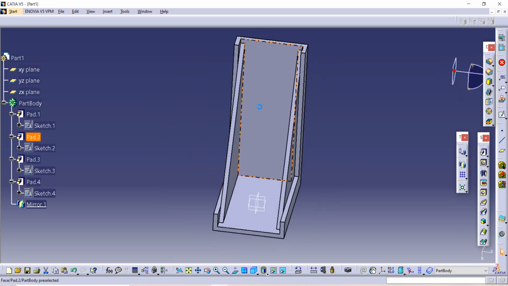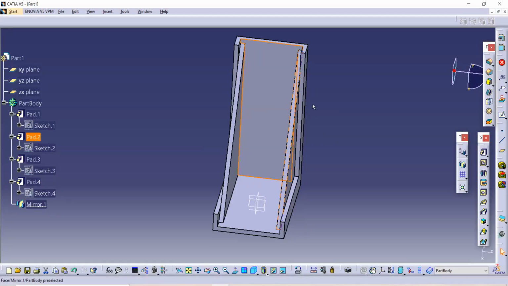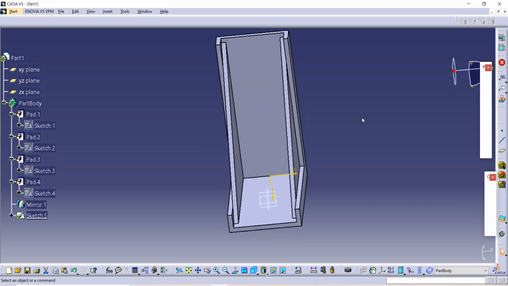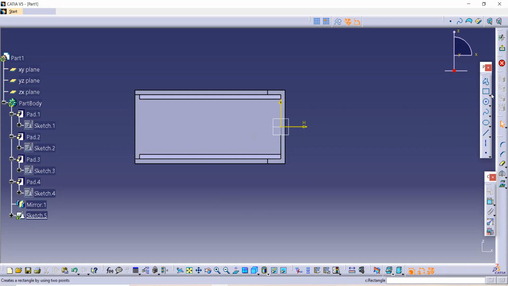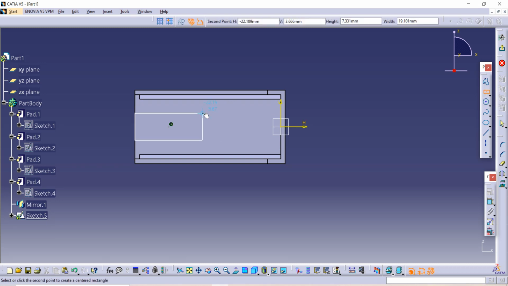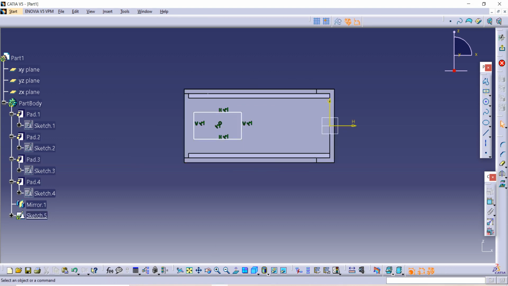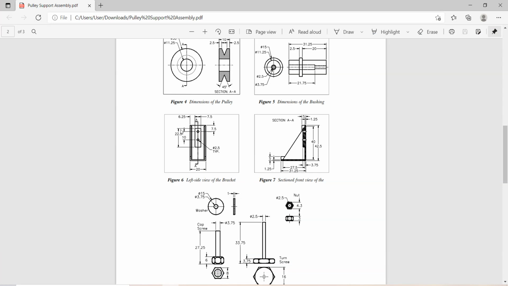After that go on this plane. I will show you what I am going to make. I am going to make this from here, you can see. After that select this plane and then go on the sketch option from here. After that we have to make one rectangle. I am using the central rectangle, so I can make the rectangle from the center, and I have created it. Now we have to give dimensions. The dimensions are given as 22.5 and thickness 7.5.